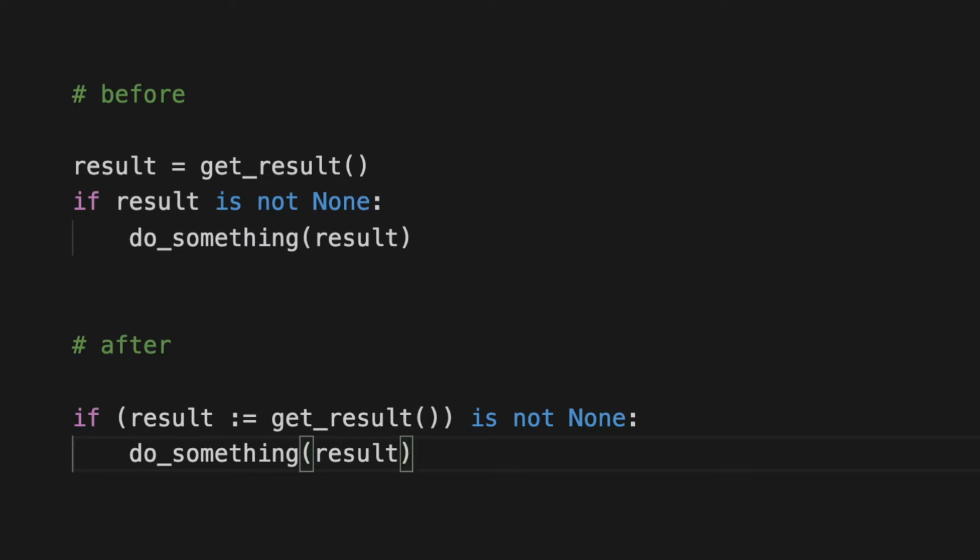So before Python 3.8 and the Walrus operator, I had to write multiple statements to do this. But with the Walrus operator, I can compress the assignment inside the conditional, which is testing for the noneness of the result.